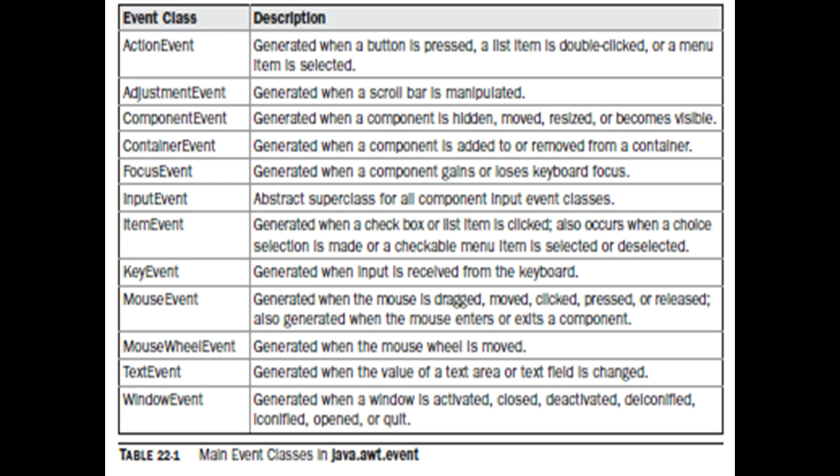MouseEvent is generated when the mouse is dragged, moved, clicked, pressed, or released. Also generated when the mouse enters or exits a component. MouseWheelEvent is generated when the mouse wheel is moved. TextEvent is generated when the value of a text area or text field is changed. WindowEvent is generated when a window is activated, closed, deactivated, de-iconified, iconified, opened, or quit.